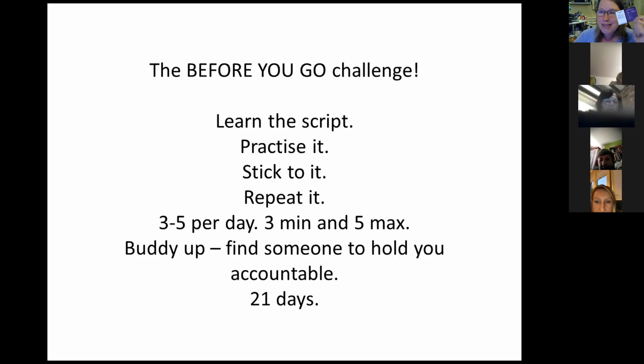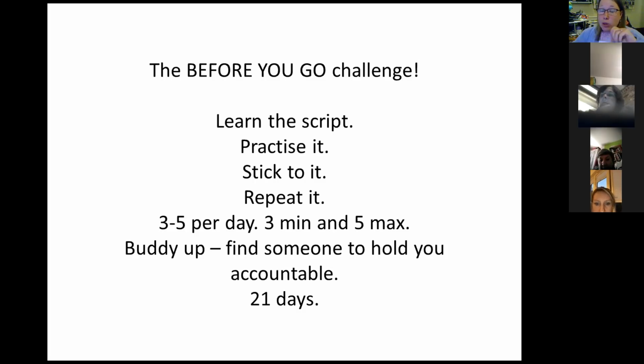But for 21 days, which is what is required to break a habit and form a habit, can you get in the habit of making conversations and whipping this card out 3 to 5 times a day? Because if you do, I can guarantee that you are going to see some dramatic results in your business.